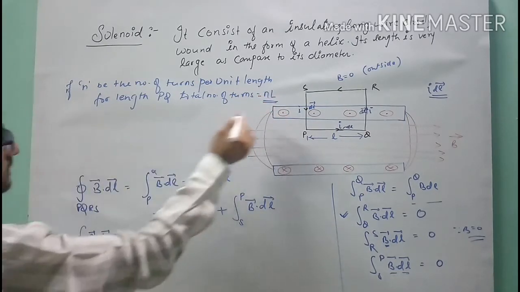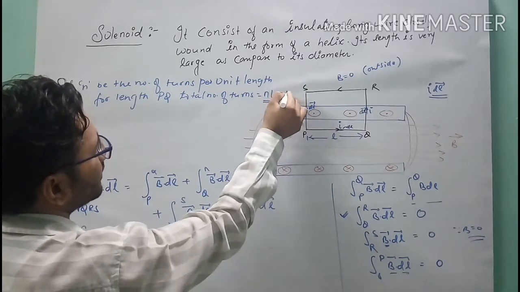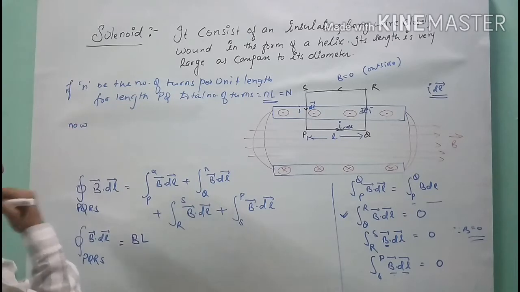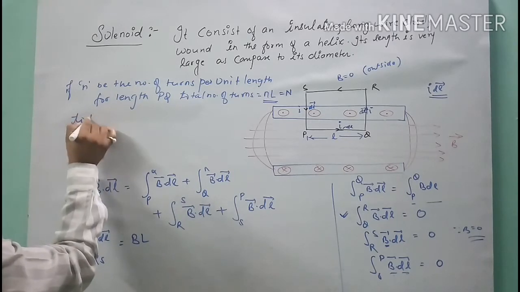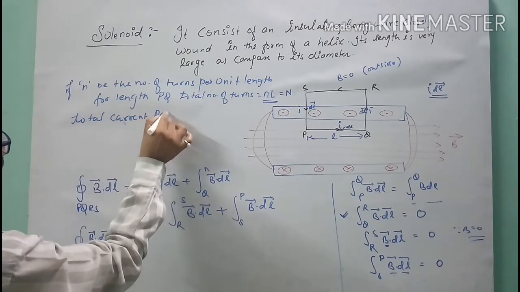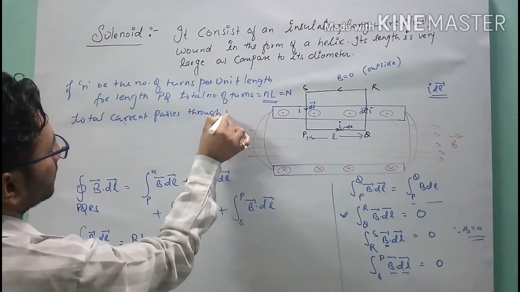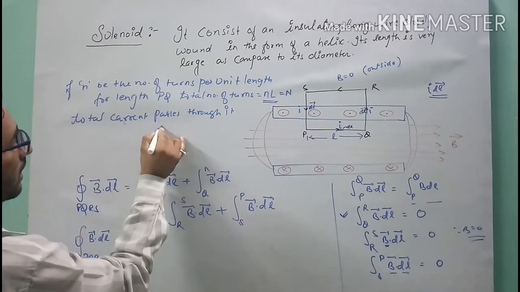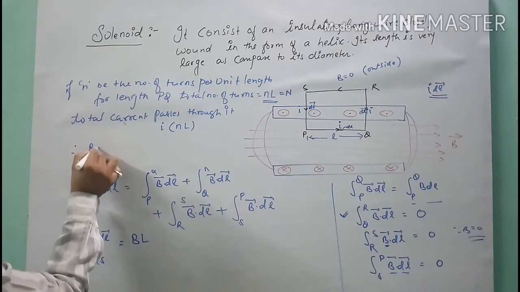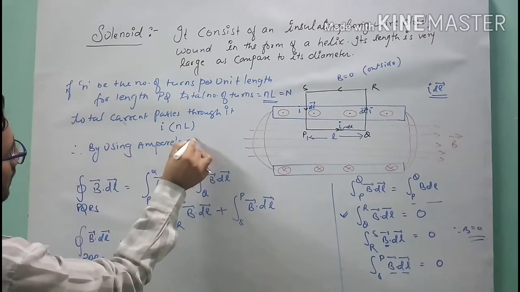Point is clear, which you can denote by capital N for some time. Now here, the total current that passes through it is equal to I times nL. Clear? Therefore, by using Ampere circuital law,